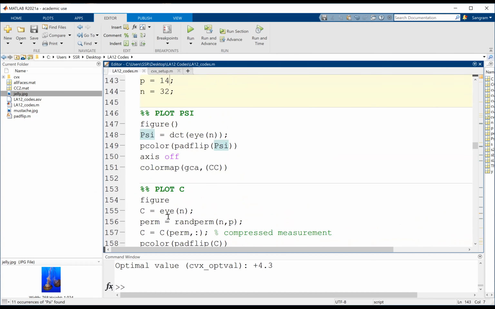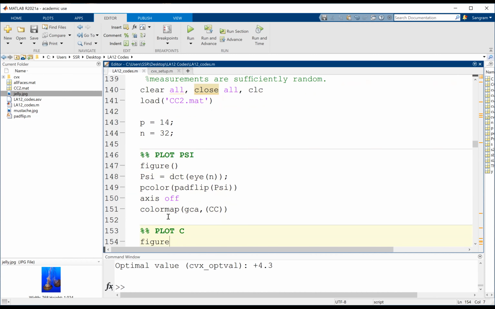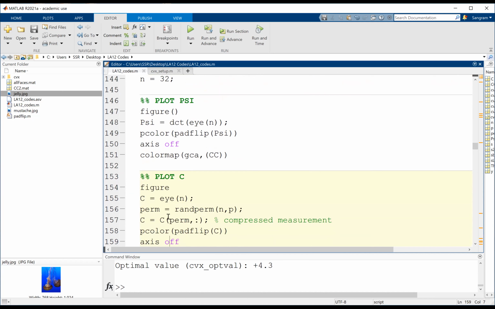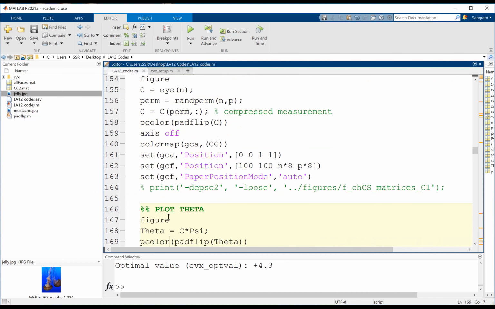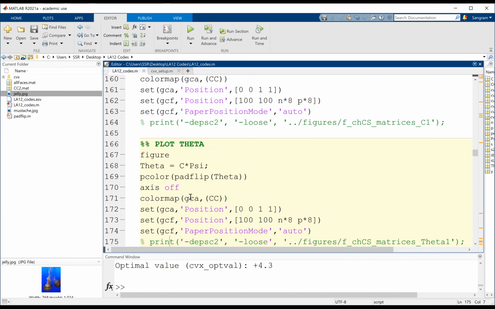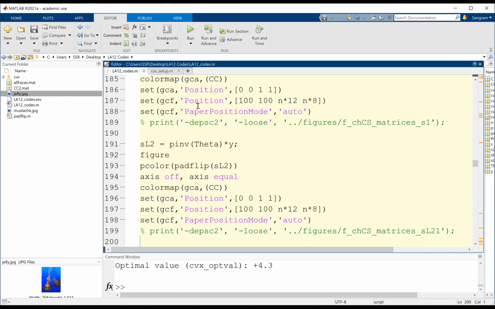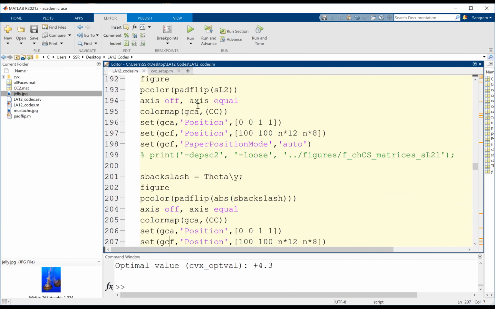You have a data set, cc.mat, which has a lot of data points. I'm using the data set to find psi, finding this C, and then plotting the values of theta, which is C times psi. Once I find C times psi, I solve the compressed sensing problem and find out S and Y. So that is what is happening.